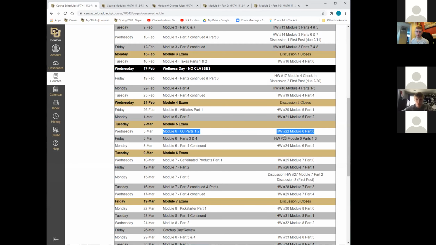Today's parts 1 and 2 with the part 0 homework due tonight. We have 3 days to work on this module. It's relatively short compared to most. And then our next exam is next week, Tuesday. Okay, so